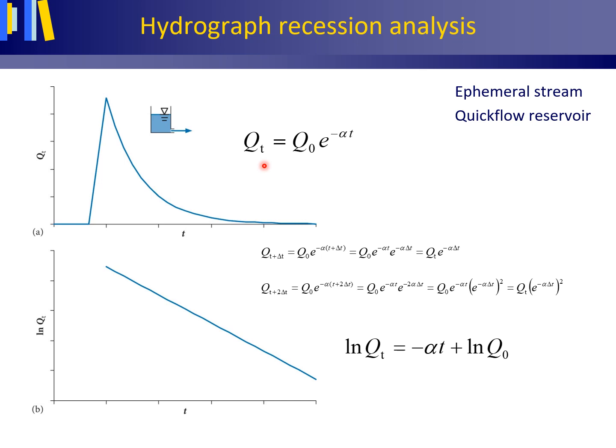Qt is discharge at time t after the start of the recession in cubic meter per second. Q0 is discharge at the start of the recession in cubic meter per second, thus at the hydrograph peak. T is 0 seconds. E is the base of natural logarithms, 2.71, etc. Alpha is the recession constant per day, and t is time in days. In analogy with the Horton equation for ponded infiltration, the equation can be rewritten for small constant time intervals delta t as shown here